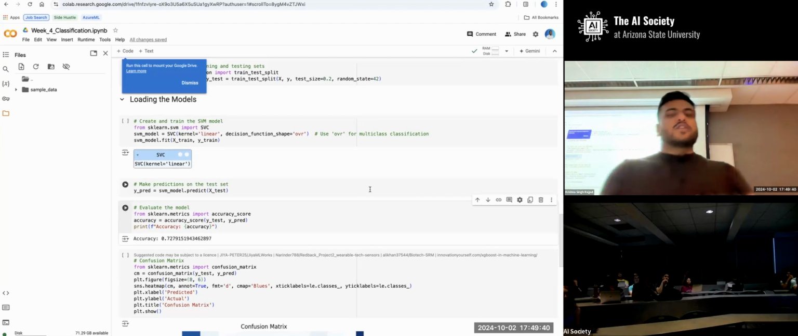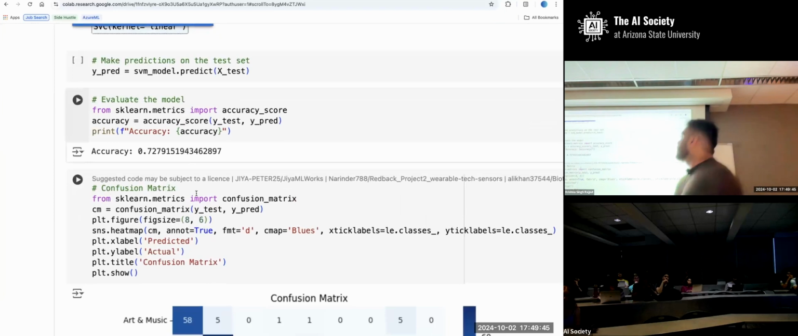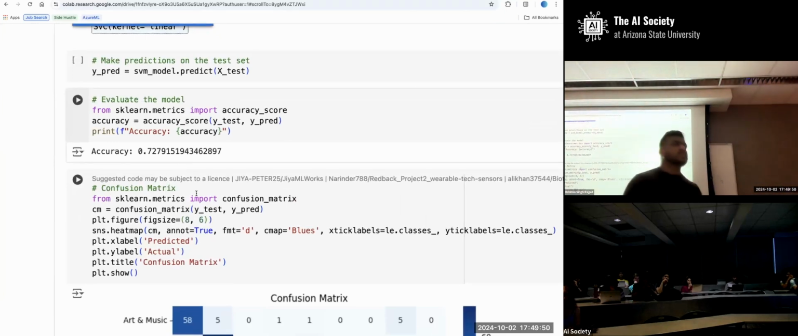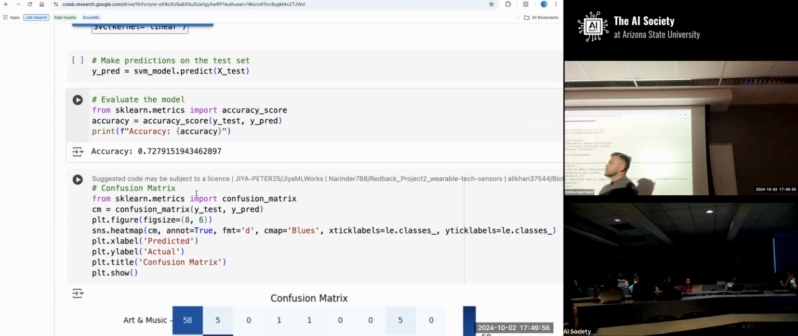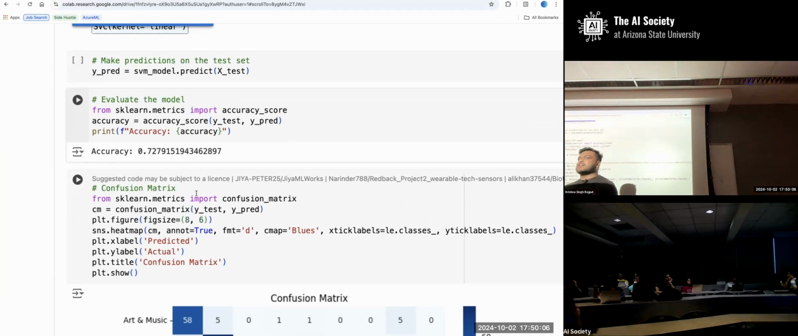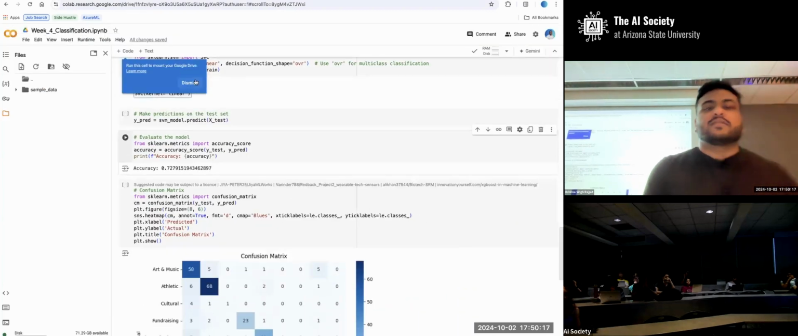So if we see the accuracy for our model here, the accuracy is 0.72. It basically means 72% accuracy. The way we can interpret it is, let's say we have 100 events. Out of those 100, the SVM model we have built is able to correctly classify the theme for 72 of those 100 events. But again, there is a problem